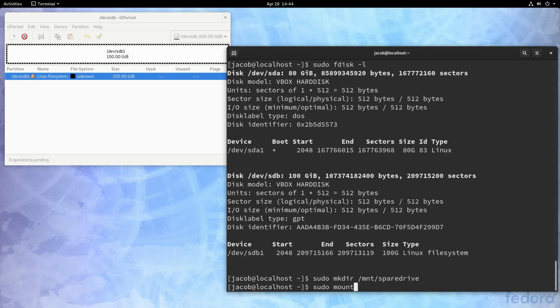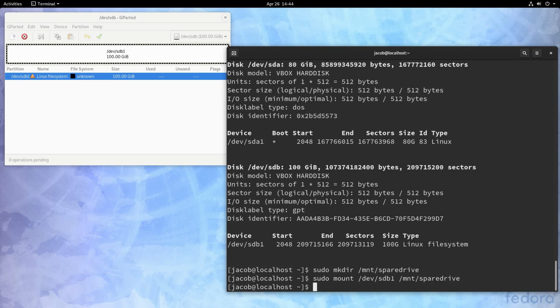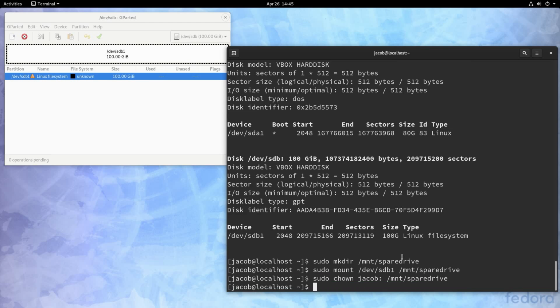We're going to run sudo mount /dev/sdb1 /mnt/spare_drive. We'll hit enter on that. And since both of these commands were run by sudo, right now that drive's mount point and the drive itself is owned by root. So my user account, Jacob here, would not be able to do anything with it. I don't want to have to use sudo every single time I use this drive. So we're going to go ahead and run sudo chown jacob /mnt/spare_drive. And I've made separate videos already about making directories and changing permissions, so go and review those if you haven't seen them and you're wondering about these. But at this point, our partition is mounted and owned by us, so we can do an ls -al on /mnt/spare_drive.